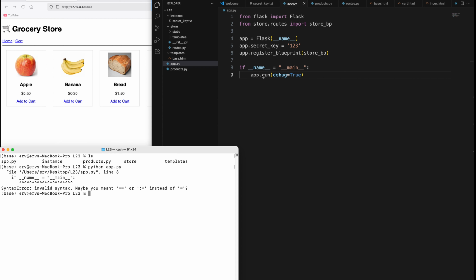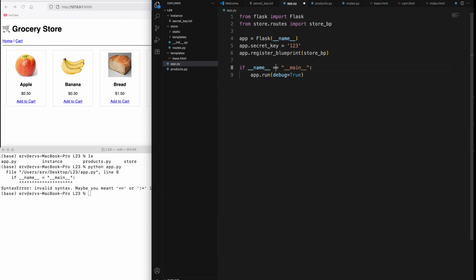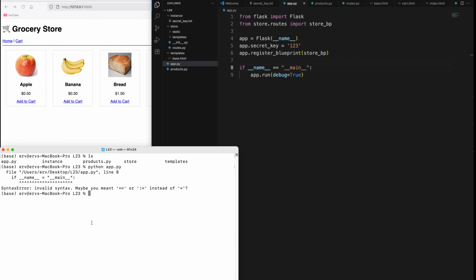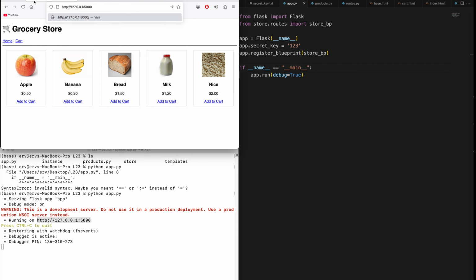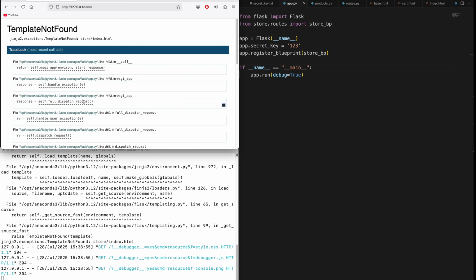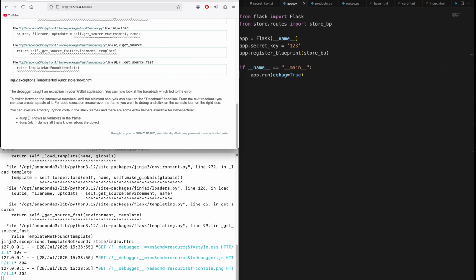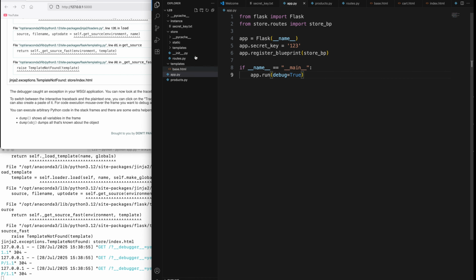Okay, so the very first error is that we need two equal signs there, so that was easy. I'll go back up, run this again, and we have the app. Looks like it wants to run, so let's press run, and there is an error. The error is a Jinja exception: store/index.html not found, and I see that we have templates